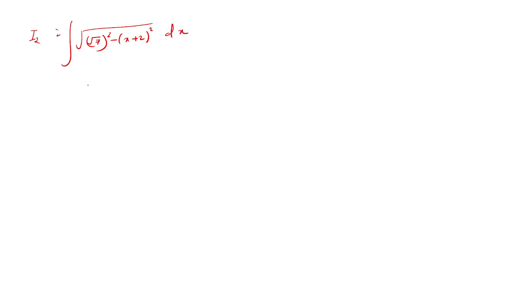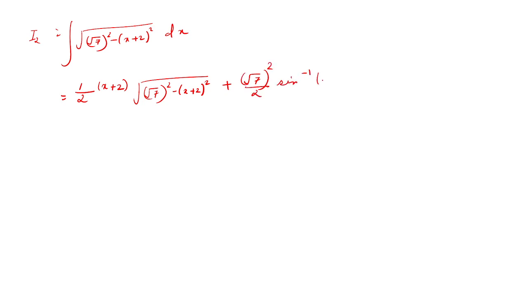So when you use the form, you will end up getting this as the a square minus x square formula. Remember the three formulas, okay? Go back to my first video or just refer for NCERT, refer page number 329. All the formulas in bold you'll have to remember. So half into x, instead of x you cannot write x alone because x is written as x plus 2, so you have to write it as x plus 2. Integrate this with 7, the whole thing square minus x plus 2 the whole thing square plus your a square over here is 7 square by 2 sine inverse of x plus 2 divided by root 7